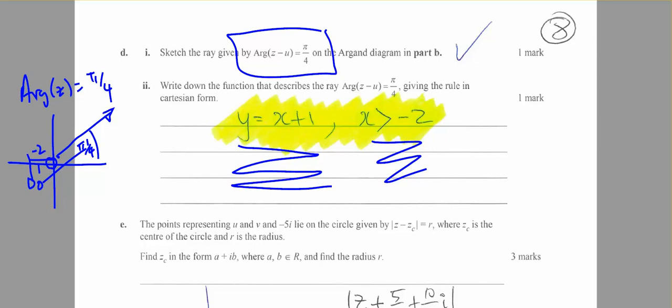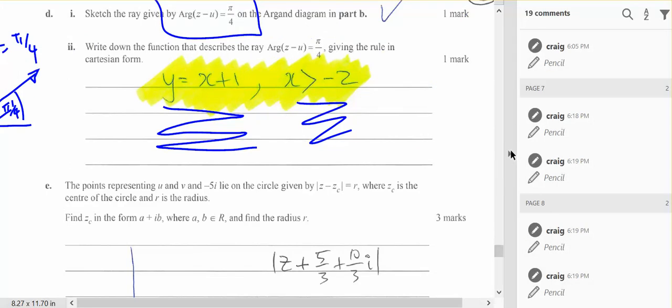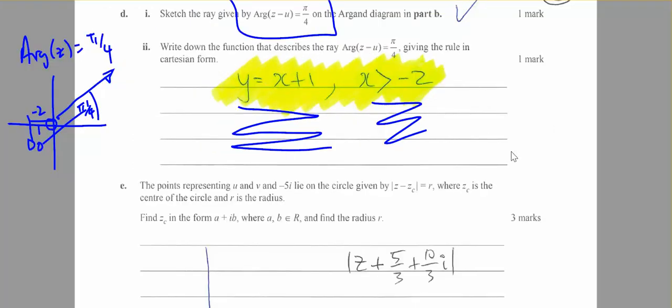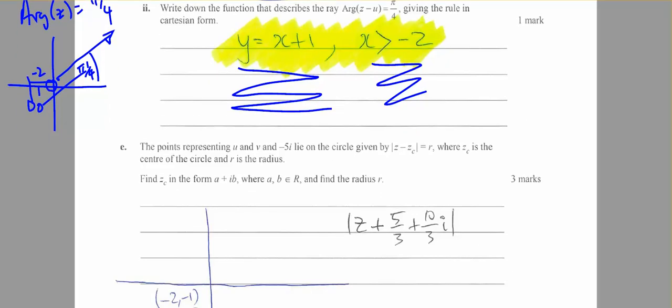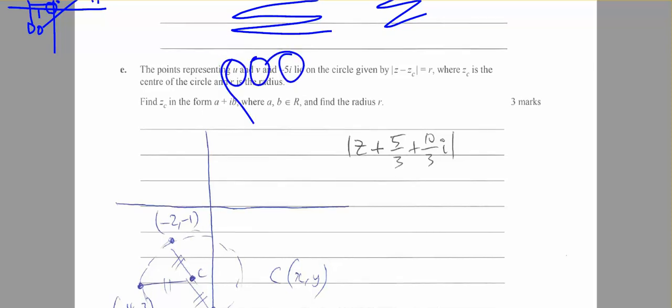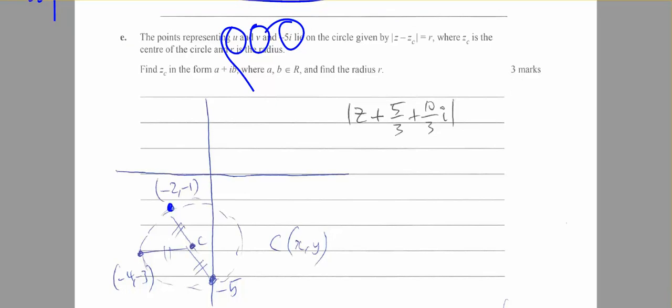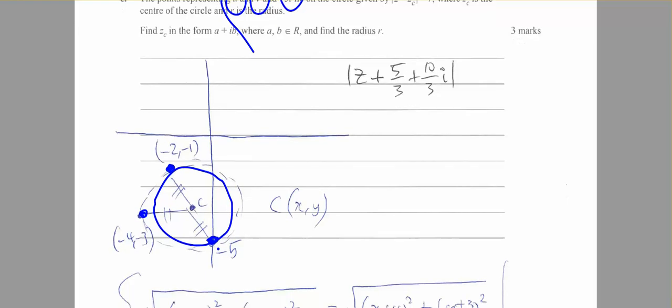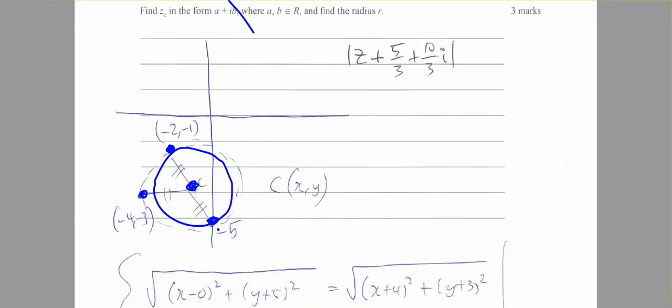The next part of the question says that the points representing the line, I, U, and V are on a circle. So there is one of them, there is the other one, and there is -5. And they appear on a circle. So I'm going to use my calculator because I know that point C is the middle. I'm going to call that (x, y), and that the radius